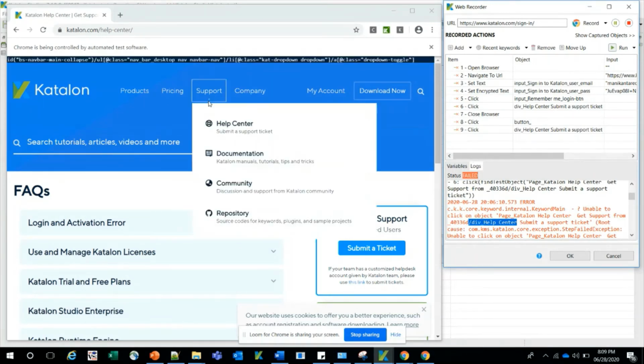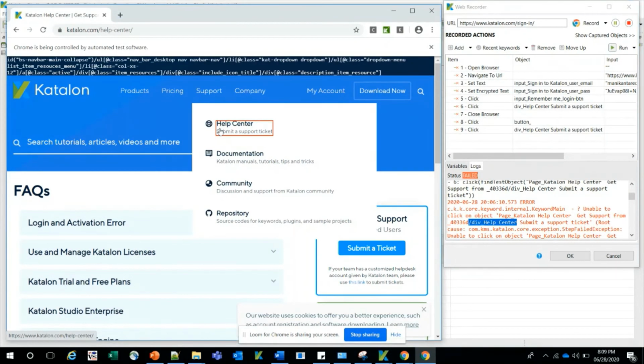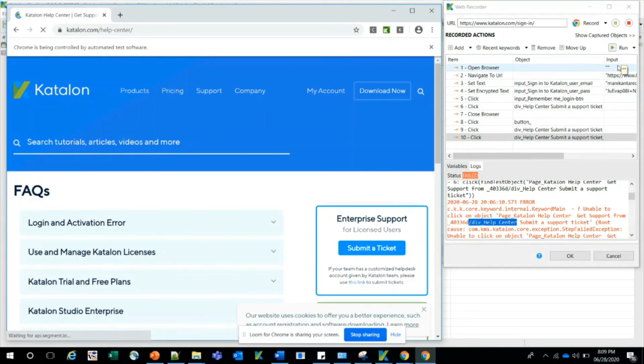Now let's consider user 2, who wishes to click on an inside layout, which is this one. Once I click here, you can see a different object is created from the first one. This one is a different object, which is support ticket.